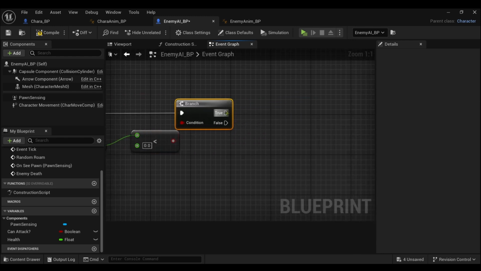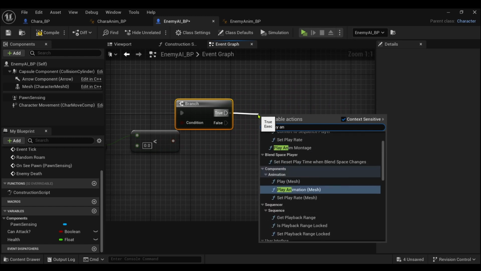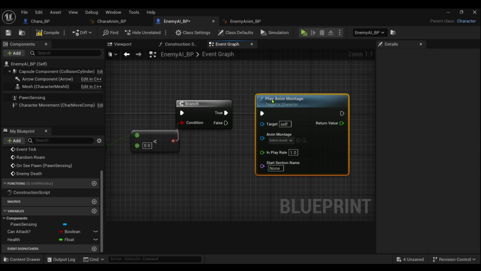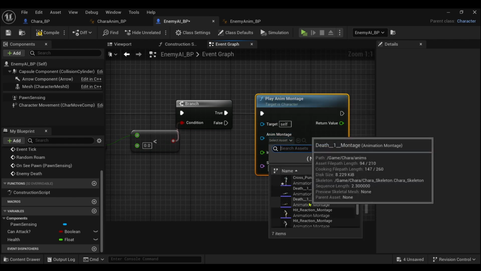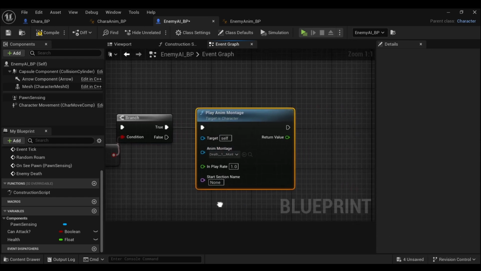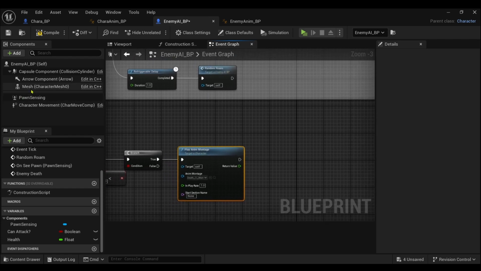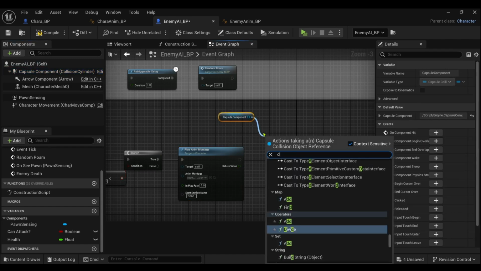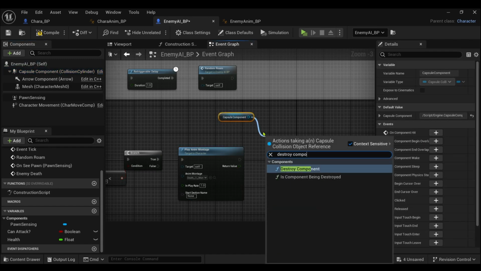If that's true, we want to play montage. So play anim montage. And we want to call in our death. We've already set this up. And I think we'll also destroy the component, okay? Because we don't want our character to collide with the capsule. So get the capsule component, destroy component,